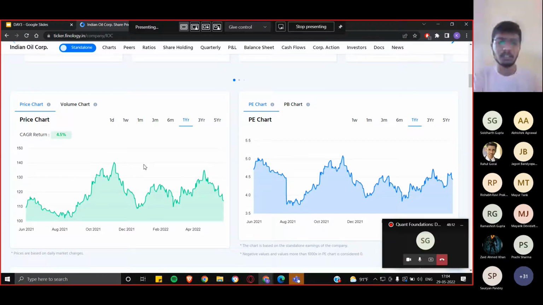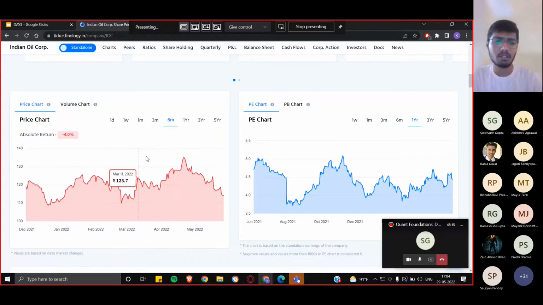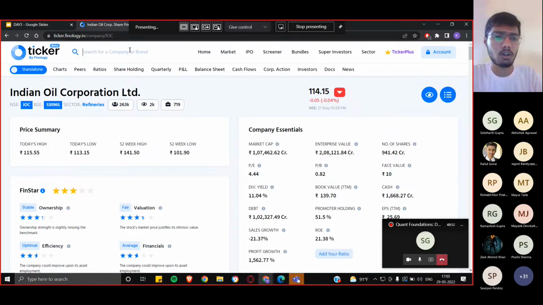Yeah, really good. It means reading news helps. So let's talk about IOC, Indian Oil Corporation. It has the highest market cap in India in the oil sector. Around 11 February, they invaded Ukraine. After that there was a depreciation in the price in the oil market, and then after this, prices started increasing when India stated that they will import oil from Russia.